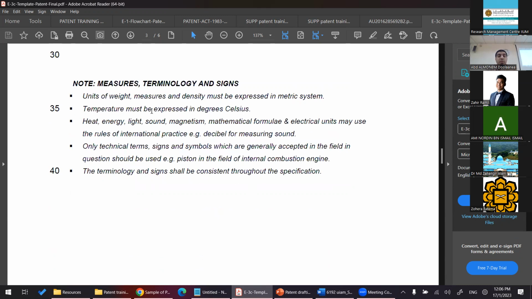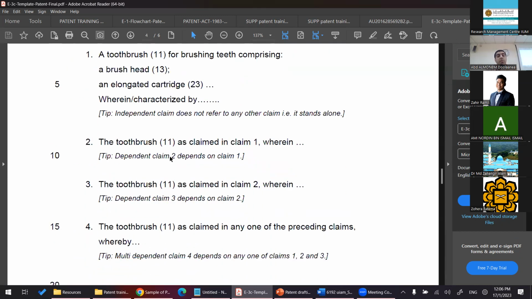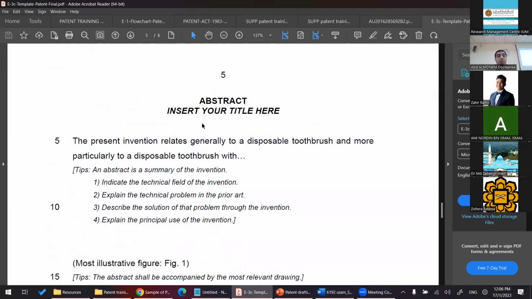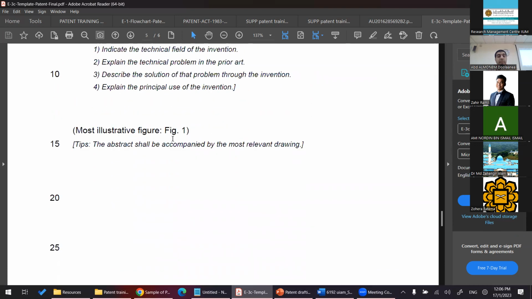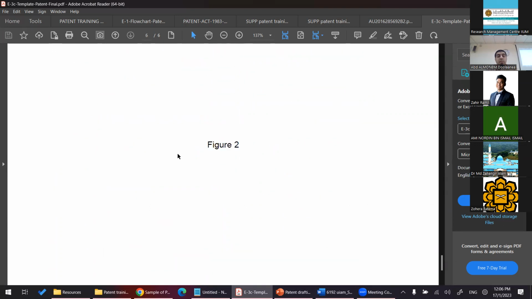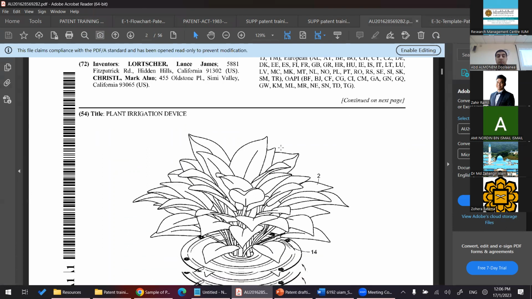Measures, terminology, sign, we already discussed. Claims, this is the way how to write the claims. Abstract, most illustrative figure, and then figures, figure 1, figure 2, and so on. There is something when you draft the figures,